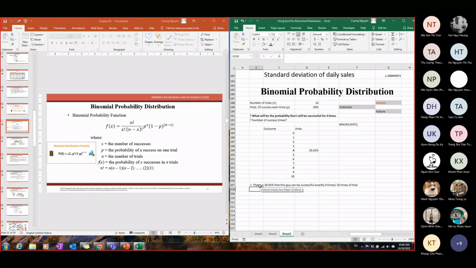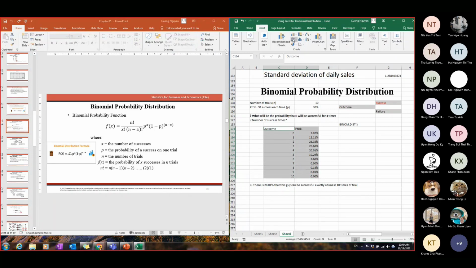And the same thing that we can generate for the probability for 0 times. Okay, one more time, 0 times until 10 times. And if I go and generate for that, I generate for the total outcome.